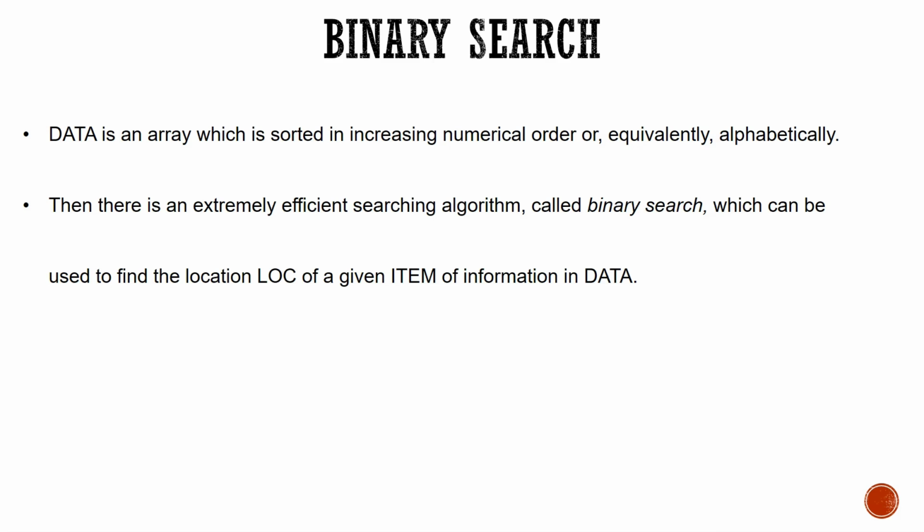Again, we find the middle element. What is the middle element? 4. 4 is matched with the 4. Yes, it is a match. So we give the successful search. Or else we will give the unsuccessful search over there. Fine. This is how the binary search works. For the binary search, the prerequisite is a sorted array. The array is to be sorted before applying the search operation.